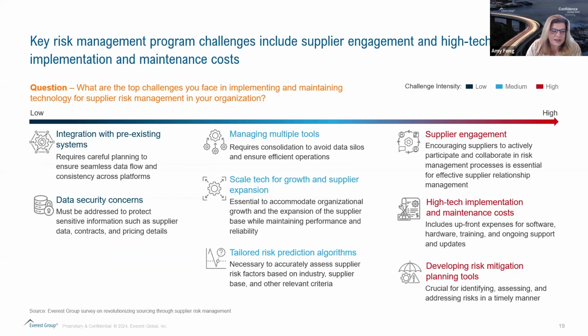Next thing to think about is the risk management challenges in these programs. In terms of the highest challenges, often what we see is things like supplier engagement. Anytime you're asking your suppliers to take on responsibility, it's one more ask. It's hard for me to influence my kids, people in my own organization to do things. So getting a supplier that's external to do one more thing and do it exactly the way you need it